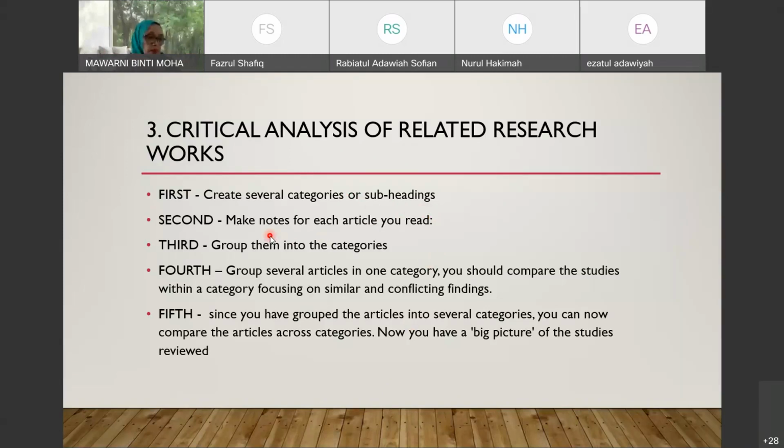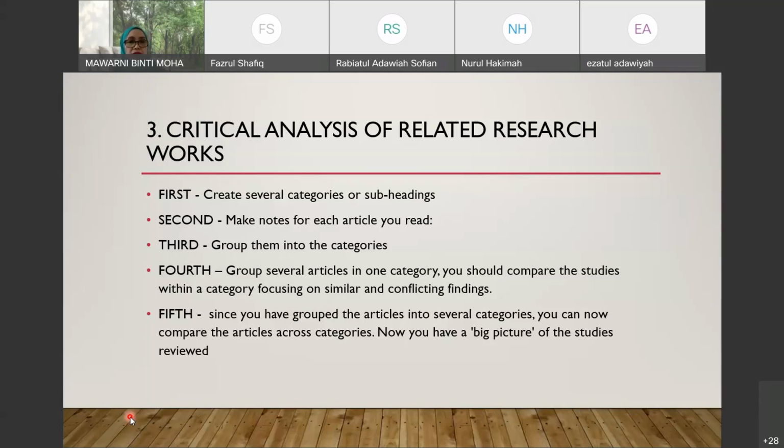When you read and make notes on the article, please make sure that you put in the details: who are the authors, the sources, where to get it from, what is the name of the publication. And remember, if possible, use work that is 5 years and above. But of course, some theories and models are from the old times, like Piaget. It's been a long time, right? Then it's okay. But for the current ones, please make sure that it is not more than 10 years, probably 5 and above. All right.